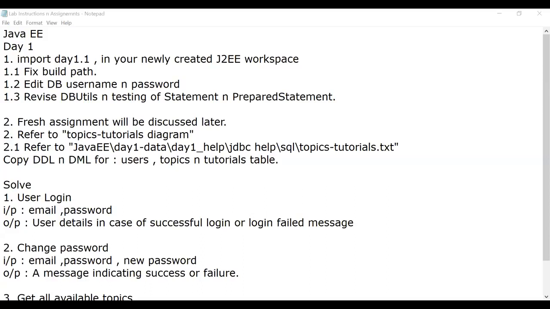Hello ma'am. Yeah, tell me, Shraddha. Ma'am, how do I set the path for the JDBC drivers? I'll show you. Wait a second. Share the whole screen. Should I share the screen, ma'am? It's okay, do screen share. I'll show you in your case. I was going to show you on my screen, but it is okay. I'll show you with yours.